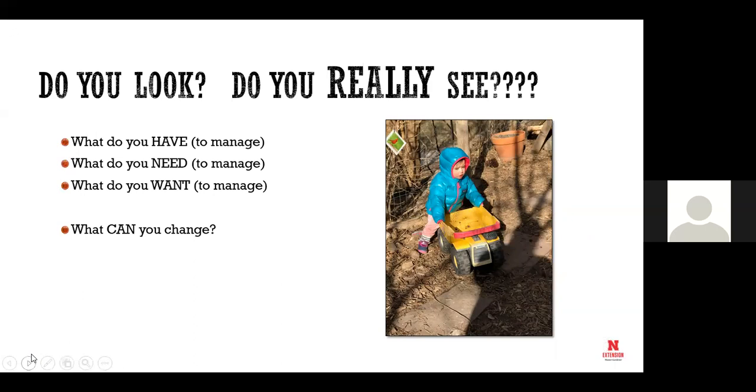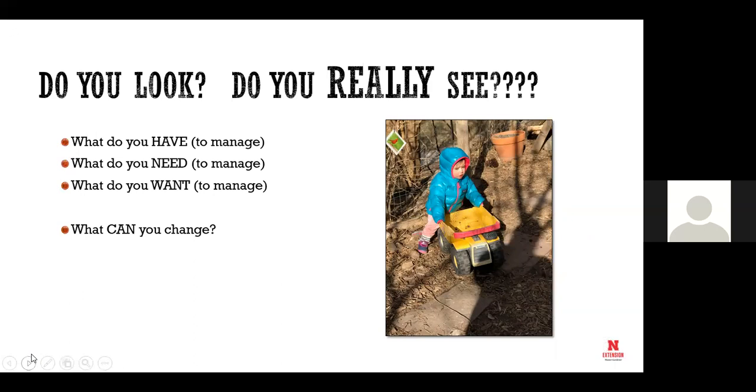And so what we talk about is always, what do you have to start with? What do you have? That is a fact. You've got it or you don't, right? And the more detail you can think about in defining and describing what you have, the better off you're going to be in being able to figure out how to manage the darn stuff.